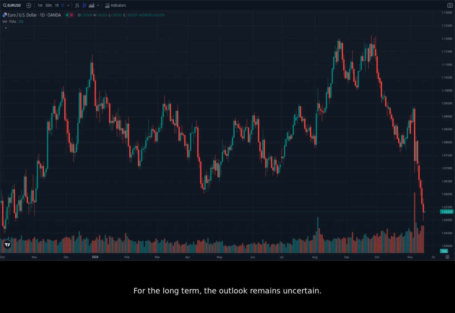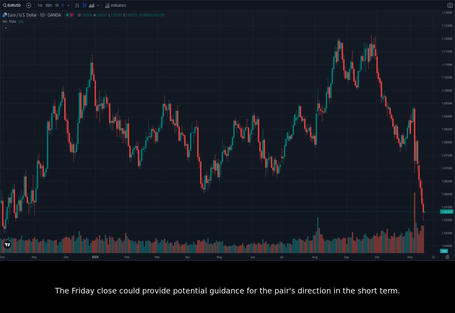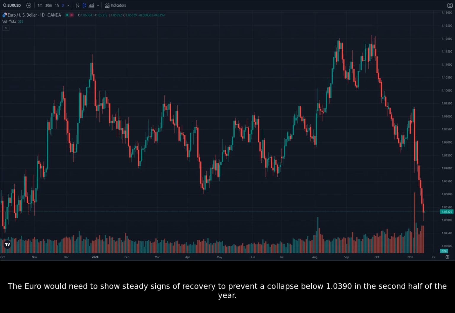For the long term, the outlook remains uncertain. The upcoming week will see further Fed commentary, PPI, and retail sales data, which could impact the US dollar's strength and influence the EURUSD. The Friday close could provide potential guidance for the pair's direction in the short term. The euro would need to show steady signs of recovery to prevent a collapse below 1.0390 in the second half